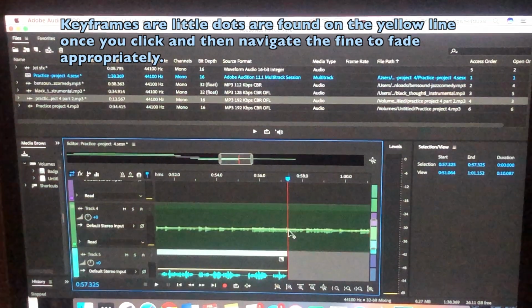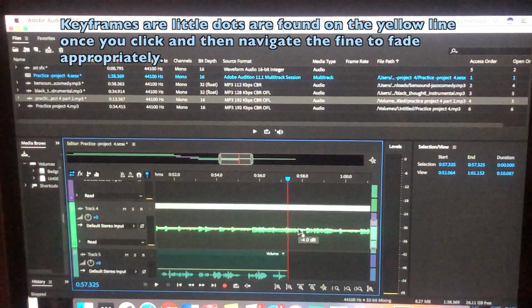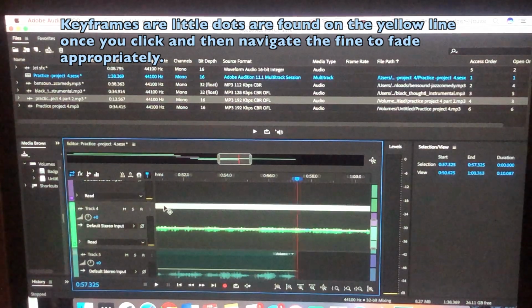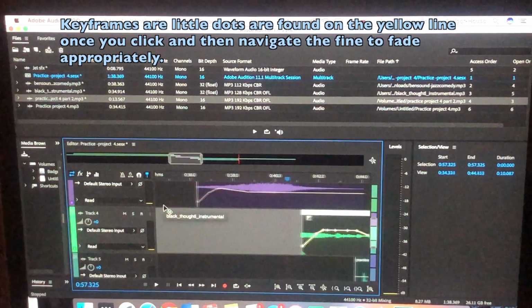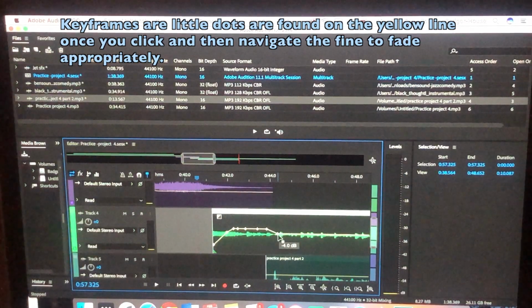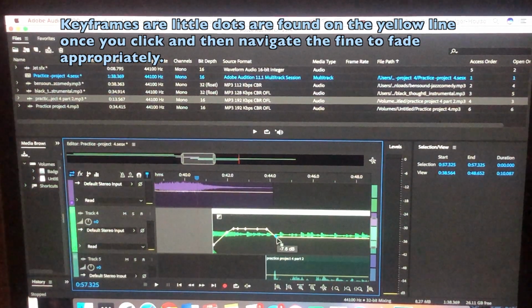So you remember, that music bed is going to be underneath your voice, so you're going to have to bring it down just a tad. So what I'll do is go back to the last keyframe in the beginning and drop that music down